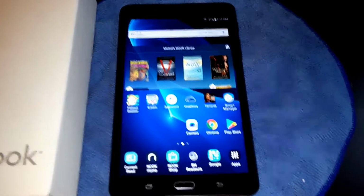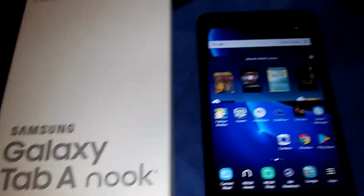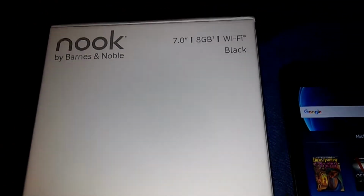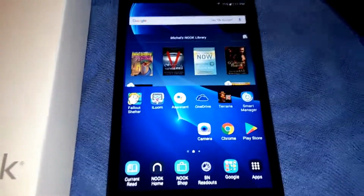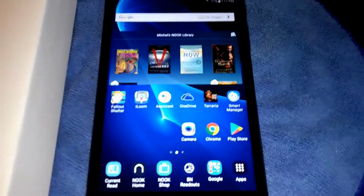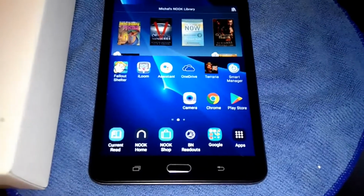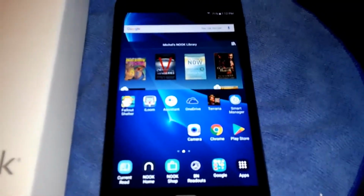So I went over to Barnes & Noble and I bought this Nook. It's a Samsung Galaxy Tab A Nook. It's my third Nook now. It's 7 inches, 8 gigabytes, Wi-Fi, black. It's got 1 gigabyte of RAM and 8 gigabytes memory, which means that I probably only have 4 gigabytes available to use. But I've ordered a micro SD card for it so that I could actually